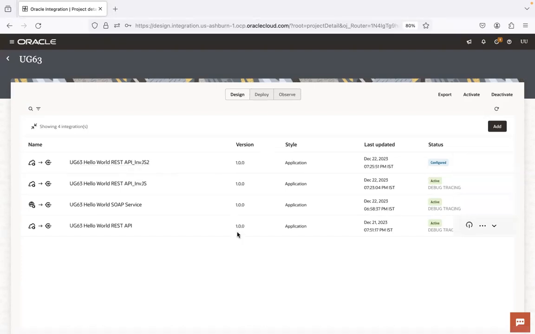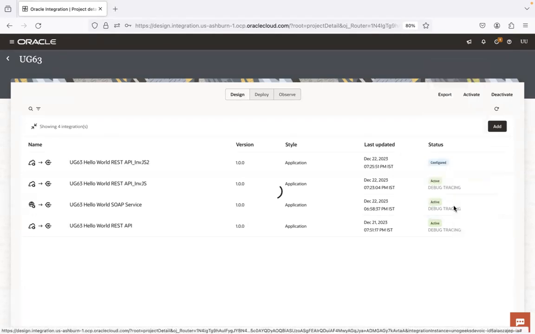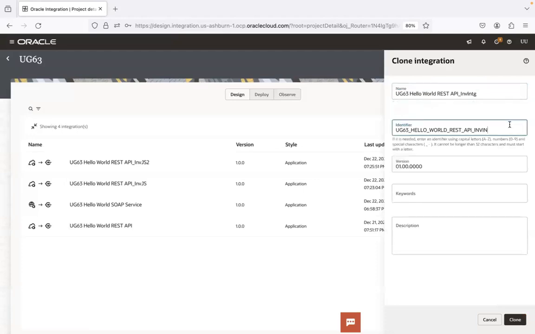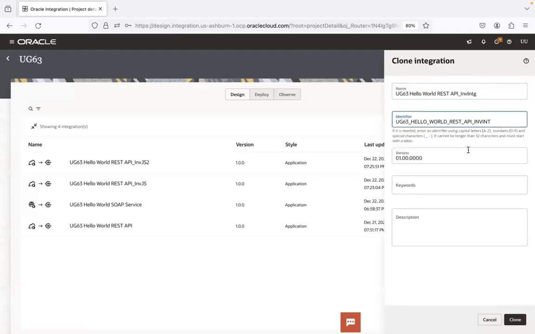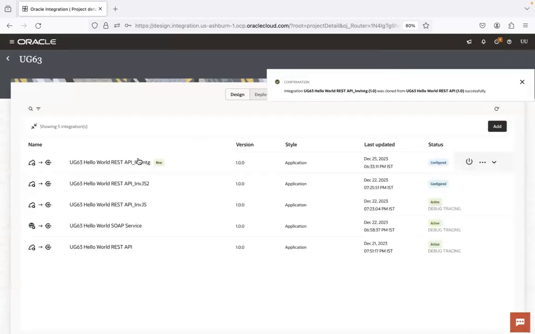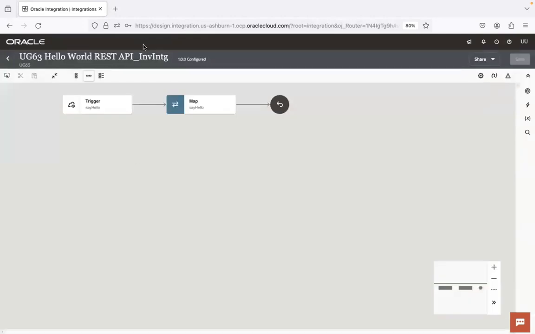In today's session, we'll first see how to invoke one integration from another one. I'm going to show you how to invoke a SOAP service from a REST API. How do we do it, guys? I'm going to clone the REST API, and I would say invoke integration. In this integration, we'll see how to invoke